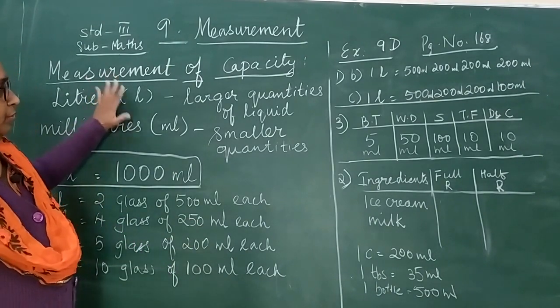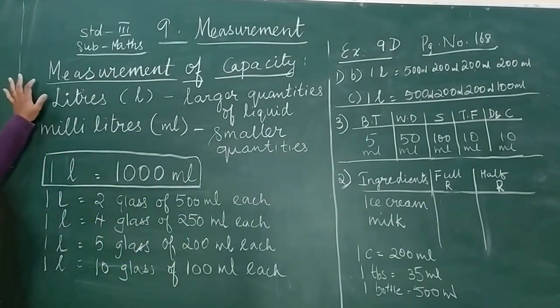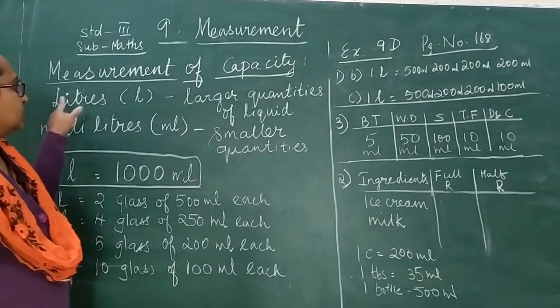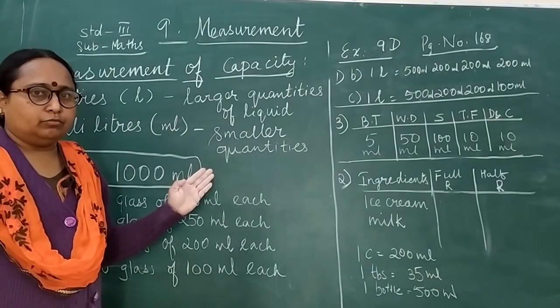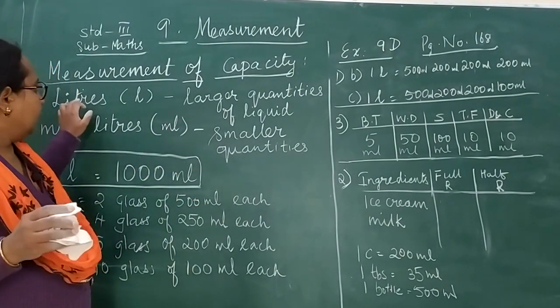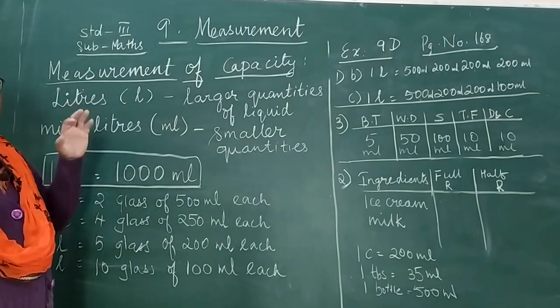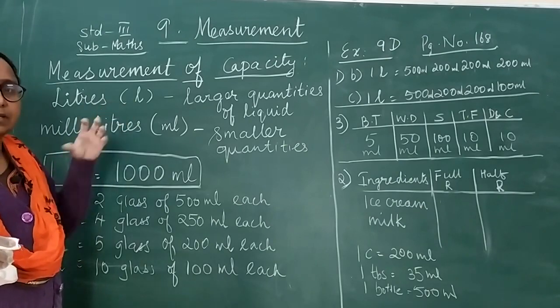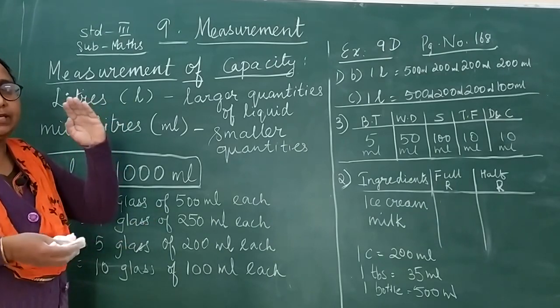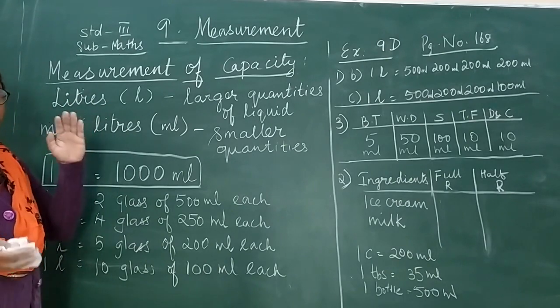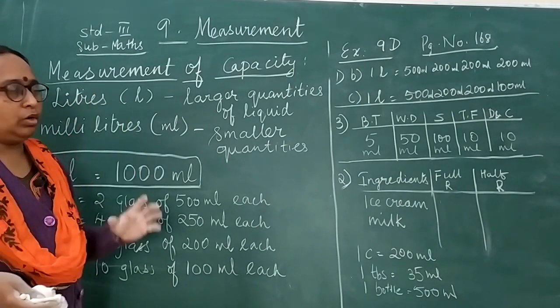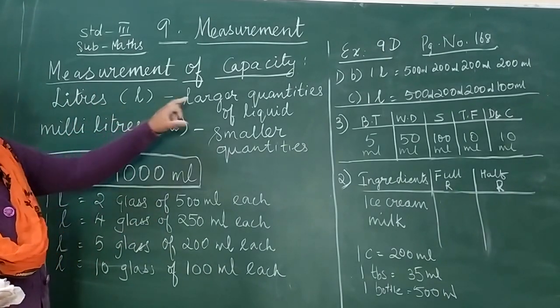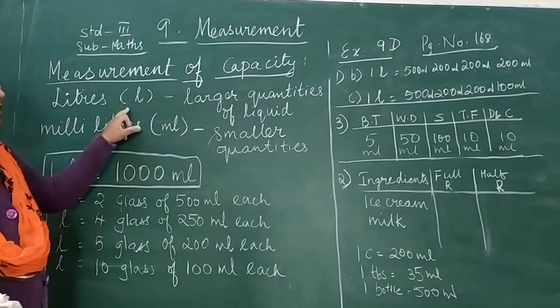Okay, hope you have understood this. So when you measure liquid, you measure it in liters and milliliters. Liquid of larger quantities, so much of liquid, you measure it in liters, mostly water, otherwise milk. In certain cases, even juice, you have a 1 liter bottle, 2 liter bottle, Pepsi and all, you have it in 1 and 2 liter bottles. So large quantities you measure in liters.